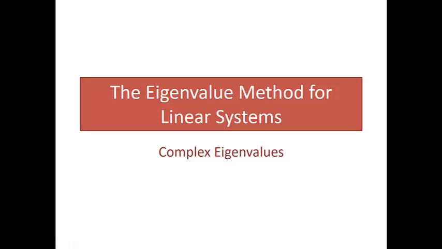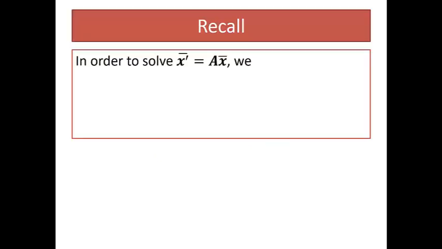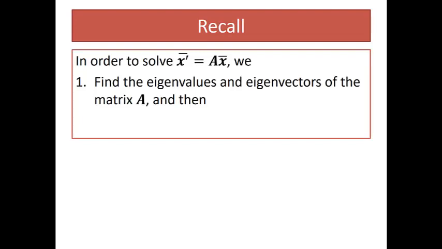In this video, we're going to look at an example where we apply the eigenvalue method for solving systems of differential equations in the case when our coefficient matrix has complex eigenvalues. So recall that in order to solve a system of differential equations that has been written in matrix form as x bar prime equals A x bar, we first find the eigenvalues and corresponding eigenvectors of the coefficient matrix A, and